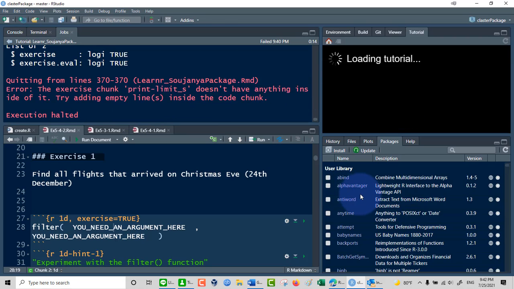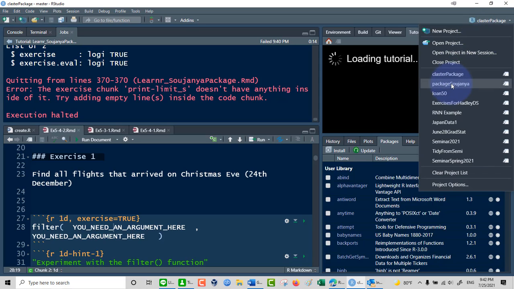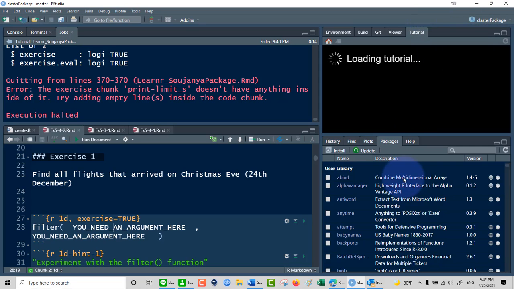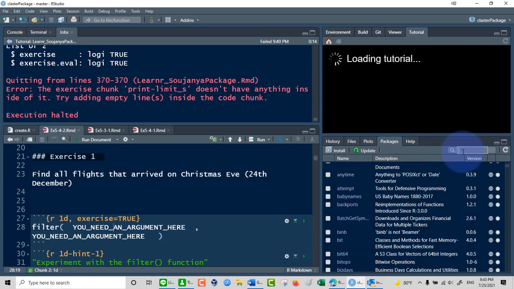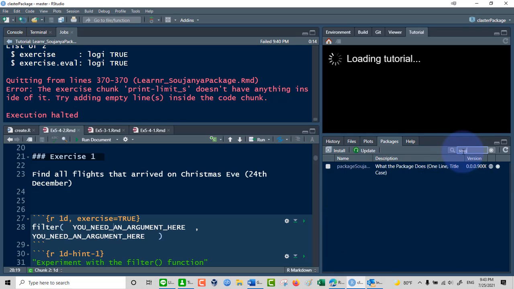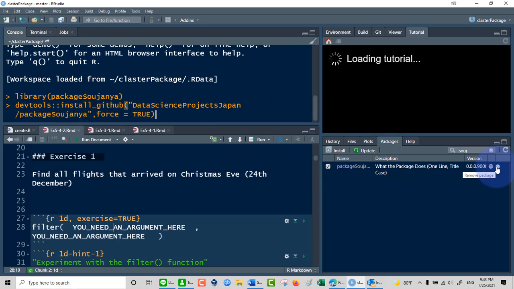Now one other thing is that a good thing might be, let's see, we have the package installed. Right now I'm testing. I also connected to the package called package Sujanya. I have that here, but I'm not in there now. And what I've done is every time I want to test the package, I do a search for the package, and I click here, and I remove it here. So then I can